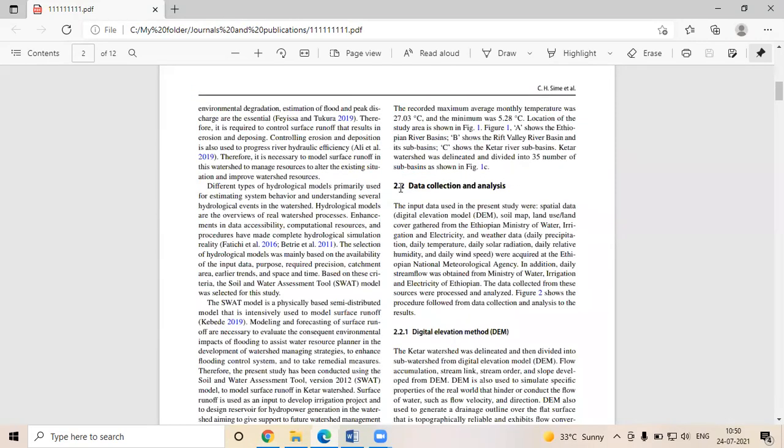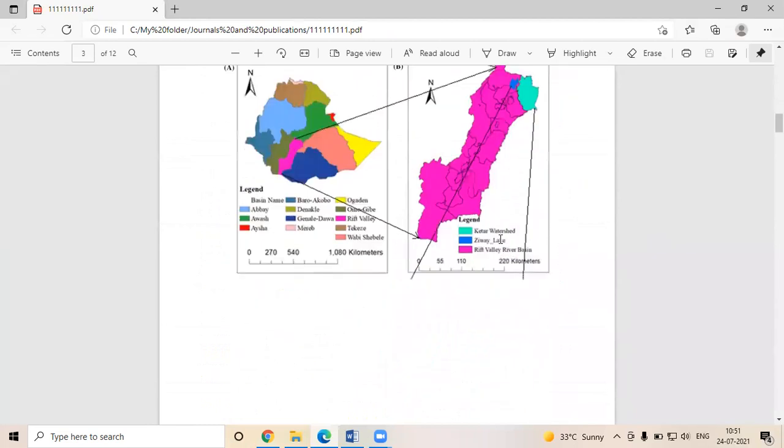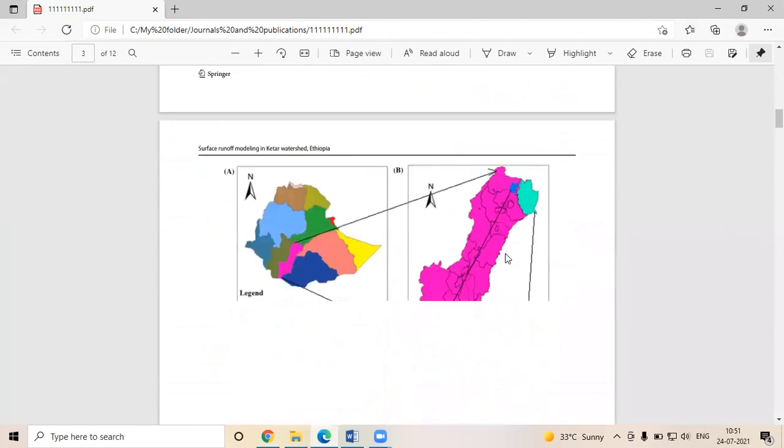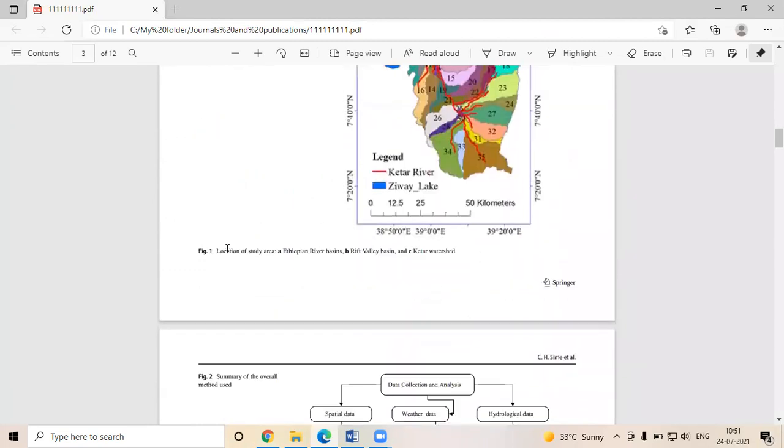See, for subheadings, they have given 2.2. For main heading, they are giving it 2, and for subheading 2.2 they have given, and you can see the font size. It is bold here, and for subdivision, you can give 2.2.1. Font size is comparatively small here. Like that, you can. Another thing you want to look at is the way they have given the pictures or the images. Here also you can see how they are given.